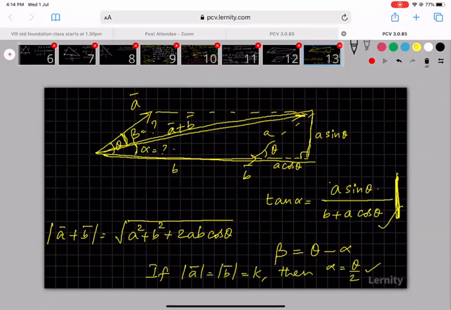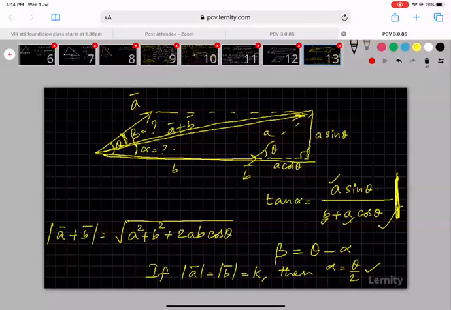All I am saying is that A and B are all equal, so from the denominator you can take A common because they are the same. From there, try to simplify, using trigonometric ratios for multiple angles, sin 2 theta, cos theta, such formulas. You will be able to prove that tan alpha equals tan theta by 2, so alpha equals theta by 2. Please prove it yourselves. Not very important, but anyway, it is there.